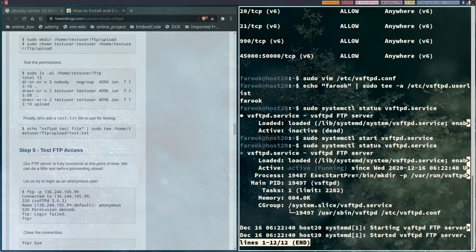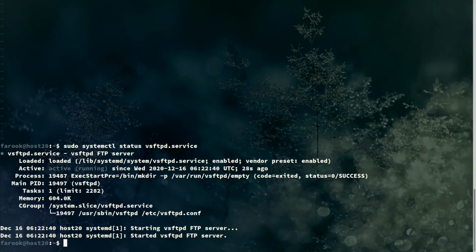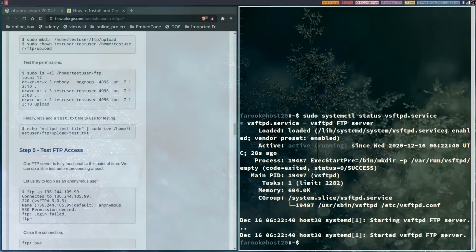Inactive, dead. All right, is something wrong with our configs? Let me see what is wrong. Oh, it's running. It's active. It's running, not dead. Okay, cool. Now let's see if we can